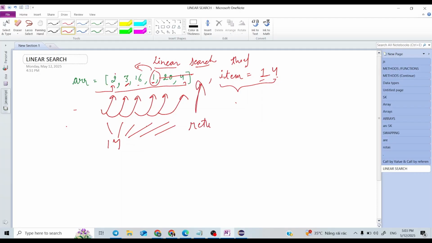At the end of the for loop. So this is the common thing: for the thing that is not present, we will come up with this result at the end of the array only, not in the middle, not at the starting, but once we have checked the whole array. That means after checking the whole array, when we stand here we will come to know that 14 is not present in the array. So we will return -1 if the item is not present in the array.